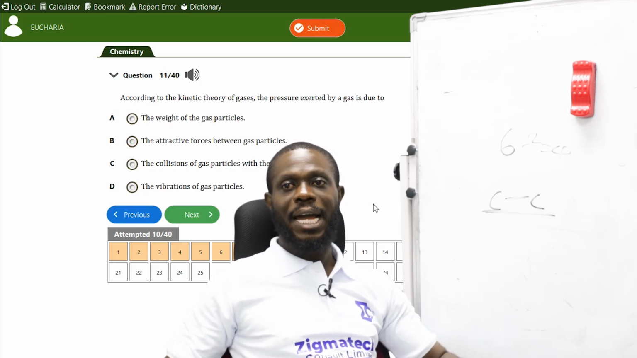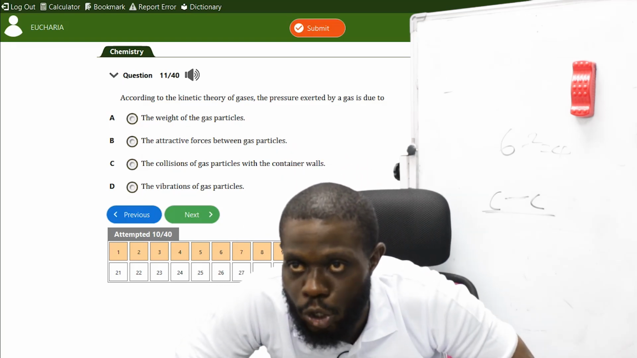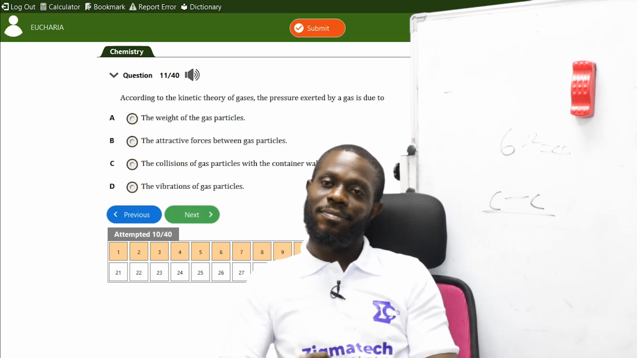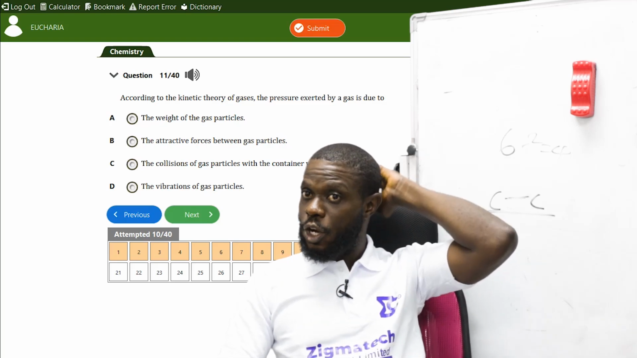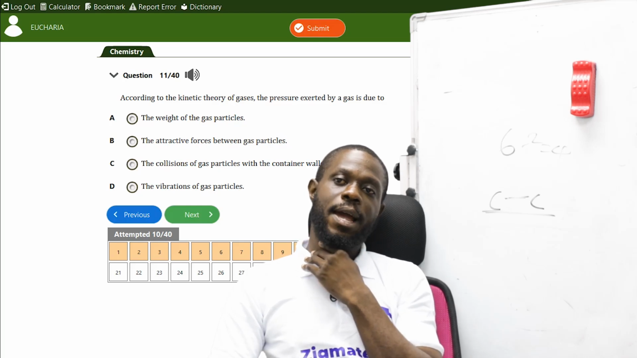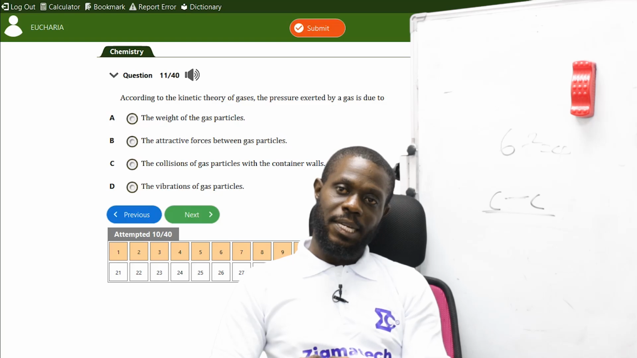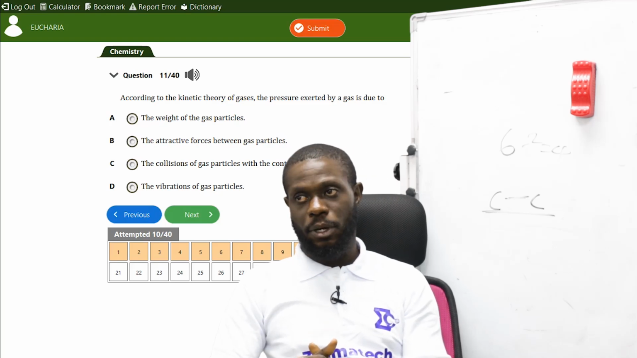The next one is, according to the kinetic theory of gases, the pressure exerted by a gas is due to the weight of the gas particles. The weight of the gas particles is not what is done by pressure. Because if I put